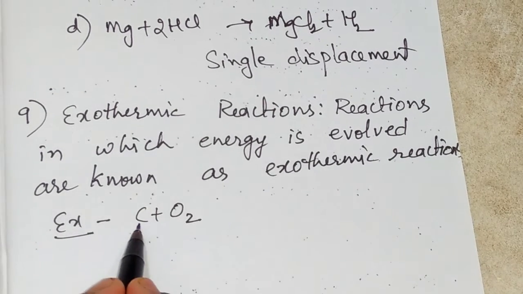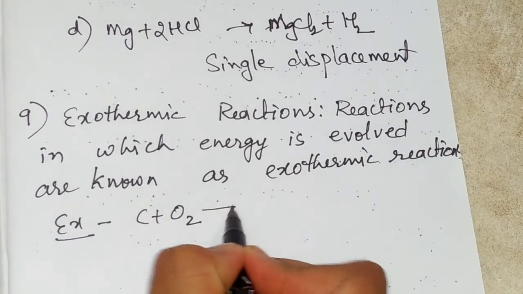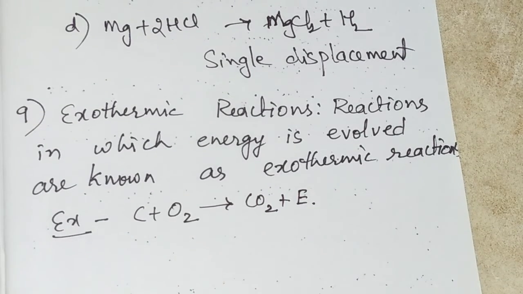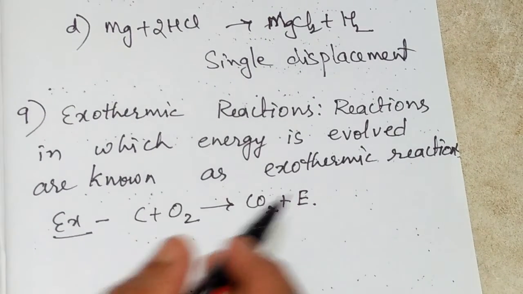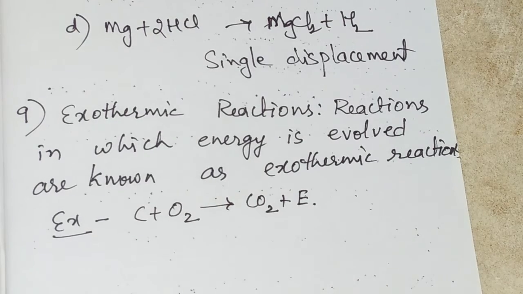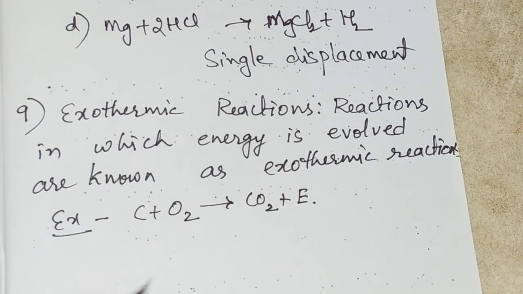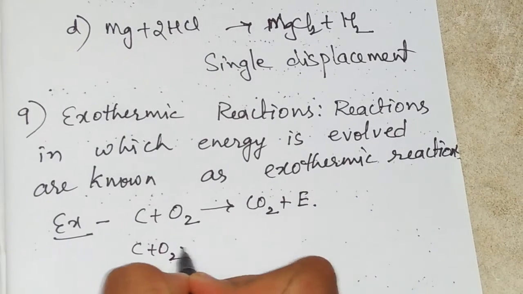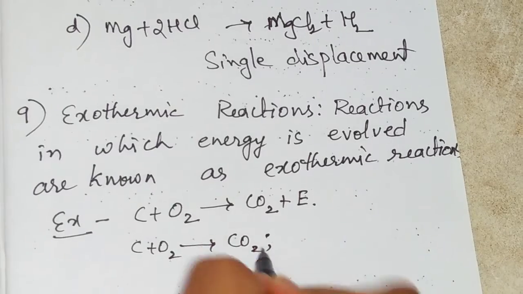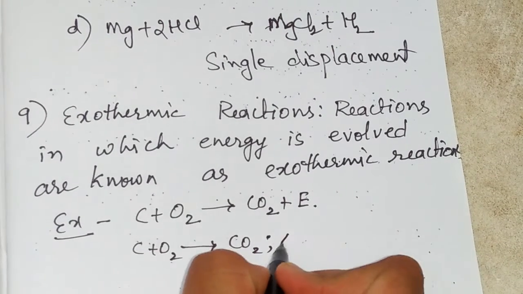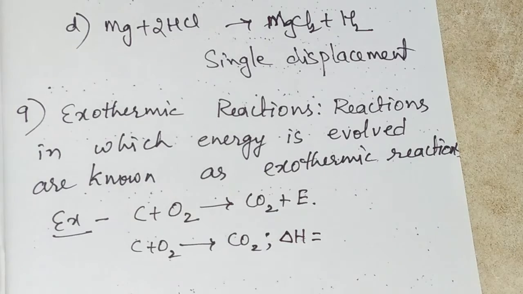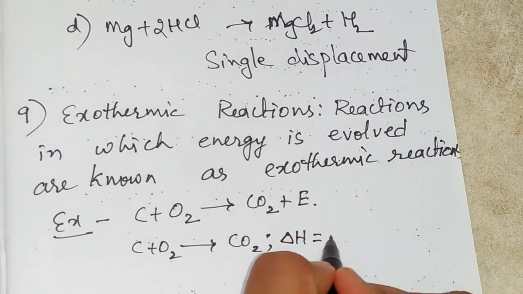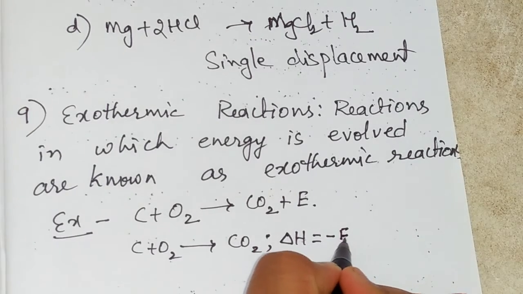So one example, let us take carbon is reacting with oxygen and it is going to form carbon dioxide. Along with that, here energy also is evolved. Instead of writing this E symbol, we can write delta symbol also, which shows that energy is produced out. Otherwise, you can just put a semicolon here. I'll write that C plus O2, the same equation I'm writing here in this form. After writing this equation, you can put a semicolon and you can write here delta H is equal to minus E. Delta H is nothing but difference in the enthalpy. Enthalpy is nothing but energy only we can consider here.